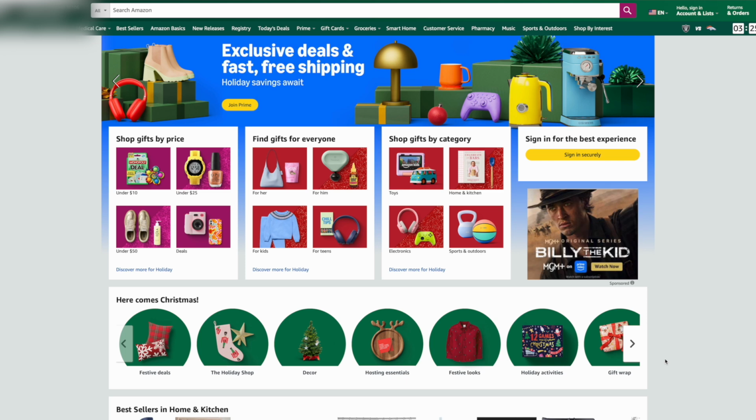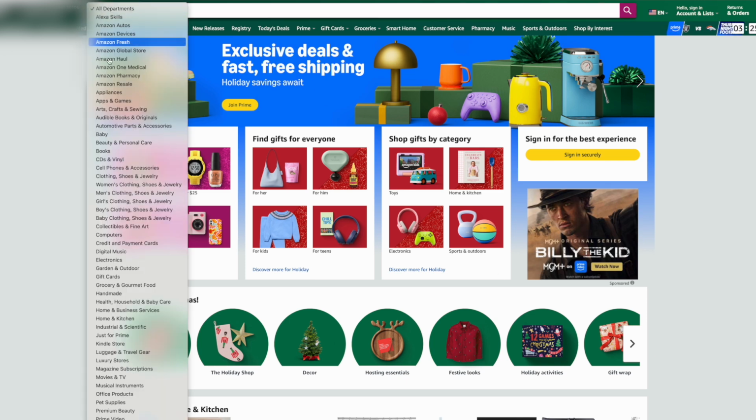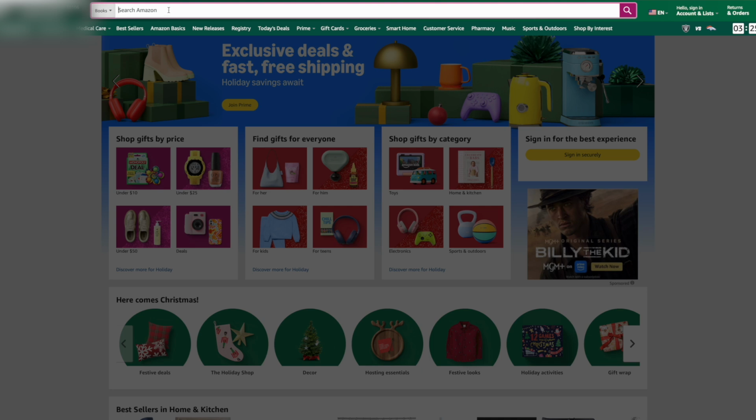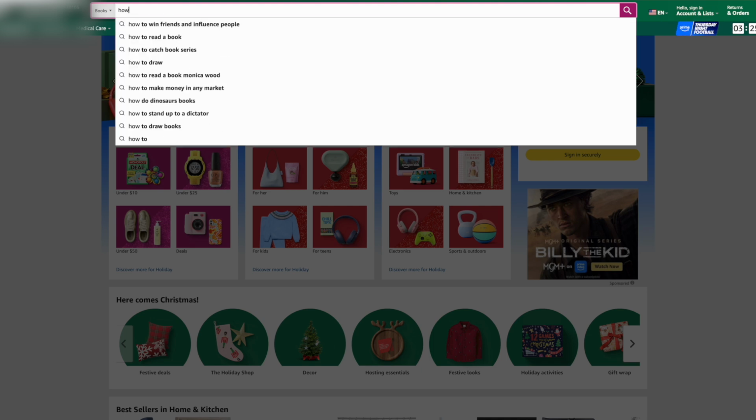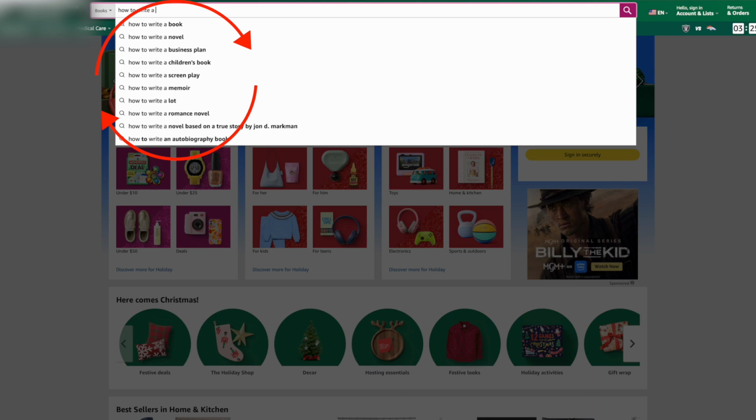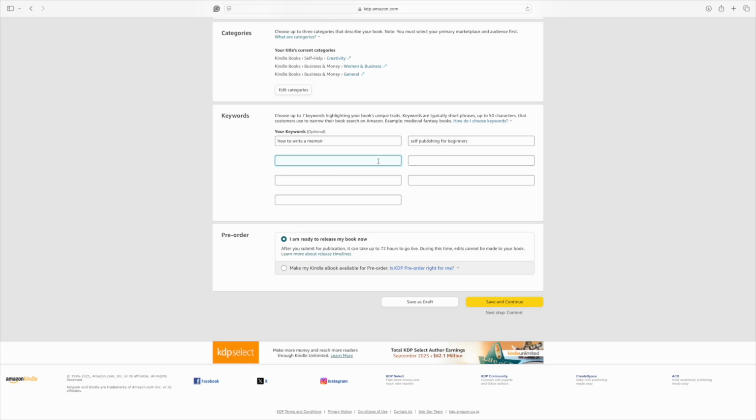Before we wrap up, here's a quick keyword research example. If I type how to write a book into Amazon, I can see related searches like how to write a book for kids or how to write a novel. Those are real search terms, which means you can use them in your keyword boxes to show up where readers are already looking. Fixing these small KDP setup mistakes can make a huge difference in how visible your book is